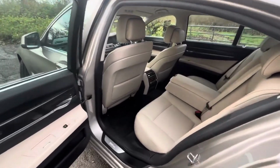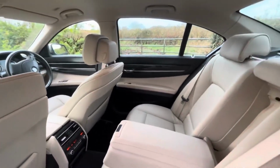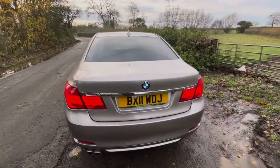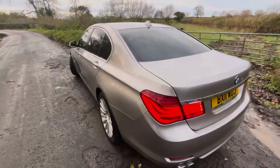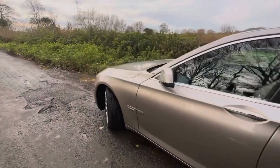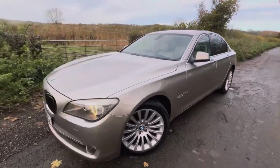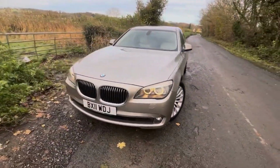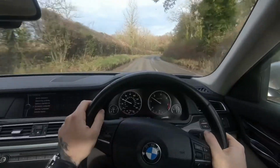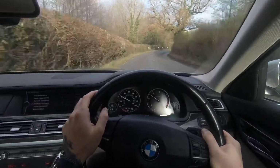And even though that is a very broad sweeping statement, being a diesel immediately gives you such a huge advantage over an equivalent petrol luxury car, because diesels can just take so many more miles and so much more use and kind of just shrug it off. And it's not like they don't require maintenance, of course they do, and they can have their own problems, and in some cases do. It's just that your likelihood of having a good long experience, certainly for that equivalent price point, is way more likely with a diesel car, particularly I would argue with a car exactly like this, because